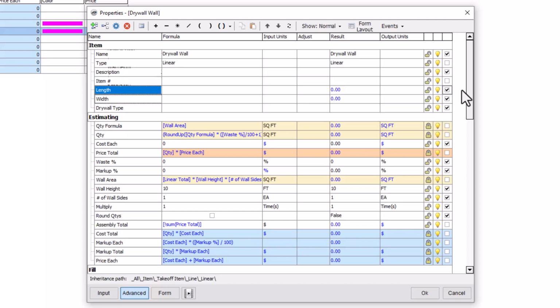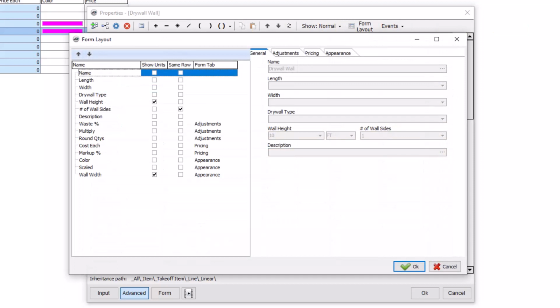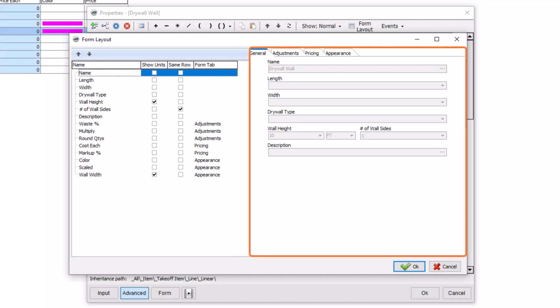Now just go down the list and select any property relevant to setting up this item when you use it. After you've finished indicating which fields you want to display on your form, the next step is to organize how those fields actually display on the form. To do this, select the Form Layout button at the top of the Advanced Properties window. A new pop-up window then displays. All the fields you selected to show on the form display in the section on the left, along with a few settings options, while the section on the right is a preview of how your form will display with the settings indicated on the left.